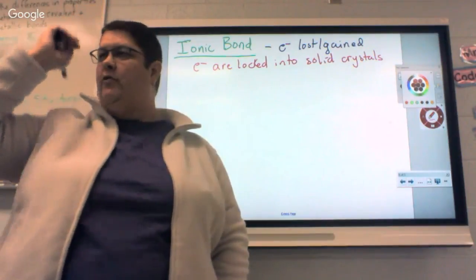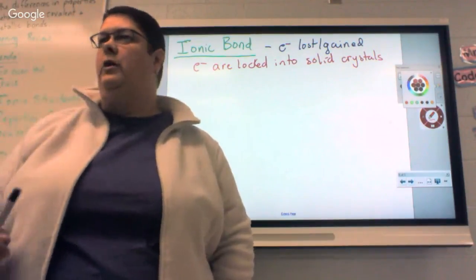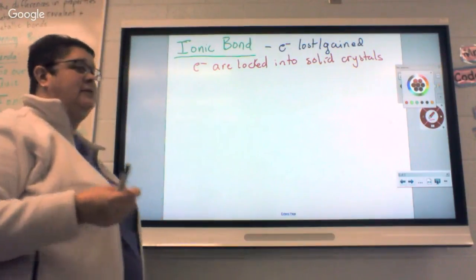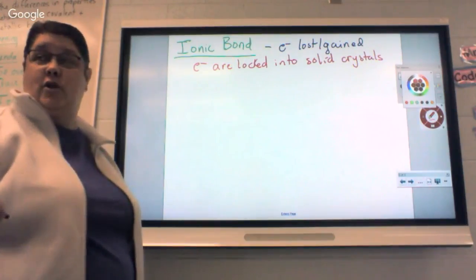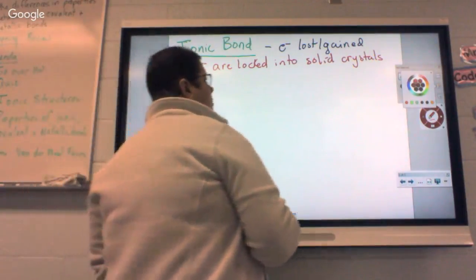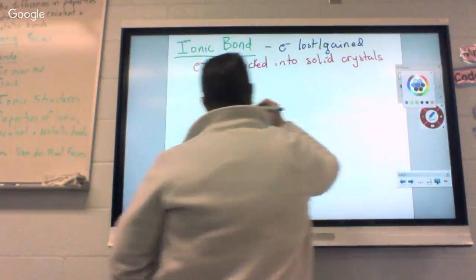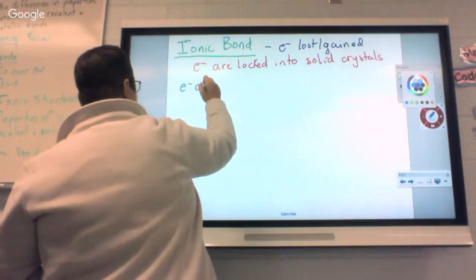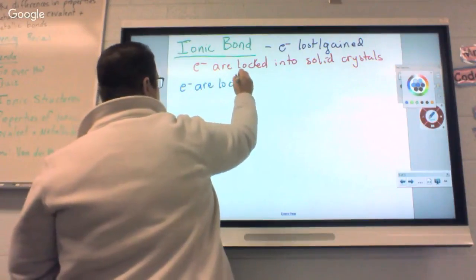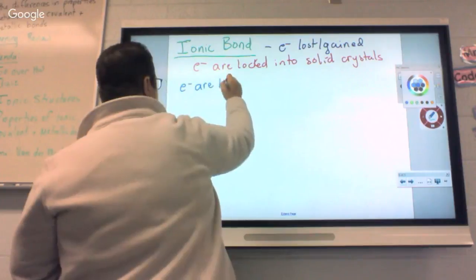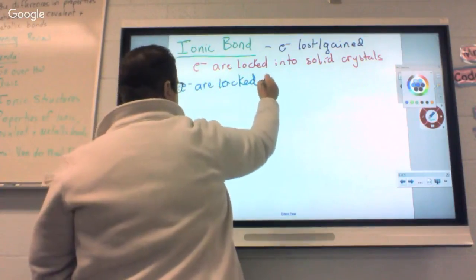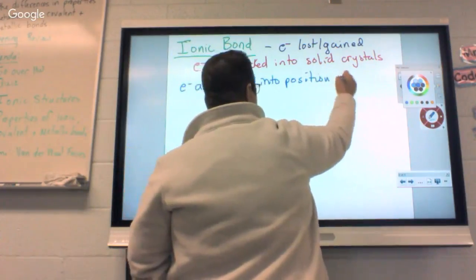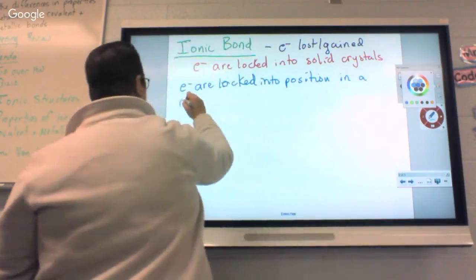Think about salt. Most of you can visualize the salt you used on your food last night at dinner, perhaps. Okay? Ionic bonds tend to be crystals, just like the salt you use. Now, because of that, the electrons are locked into position in a crystal